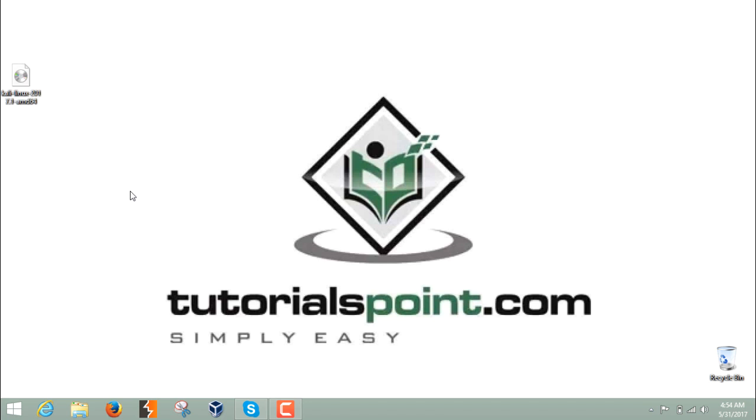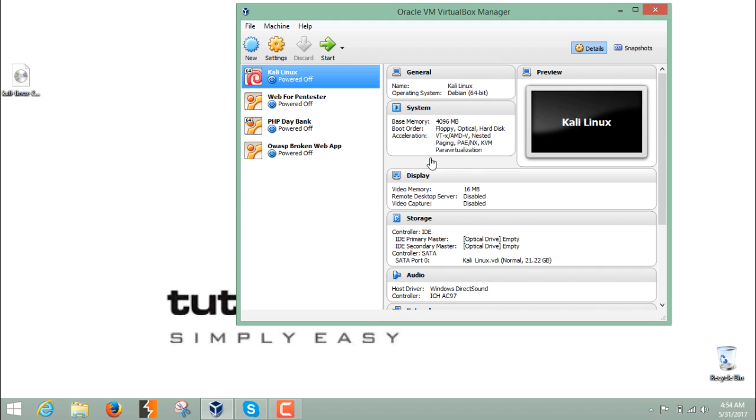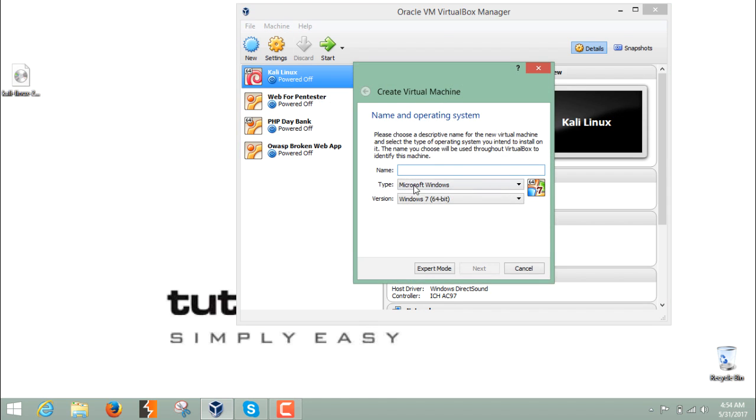Now what I am going to do is install Kali Linux inside VirtualBox. Here is my VirtualBox manager, you can see. I have already downloaded and installed Kali Linux, but now let's install a fresh copy of Kali Linux. In order to install any virtual machine inside VirtualBox, we have to click on New. Then it asks for the name. So let's give it the name Kali Linux